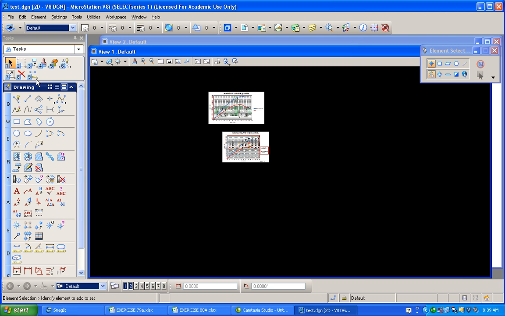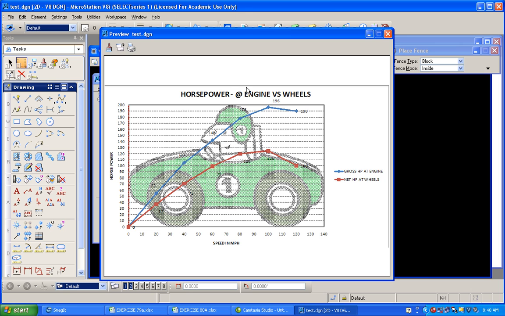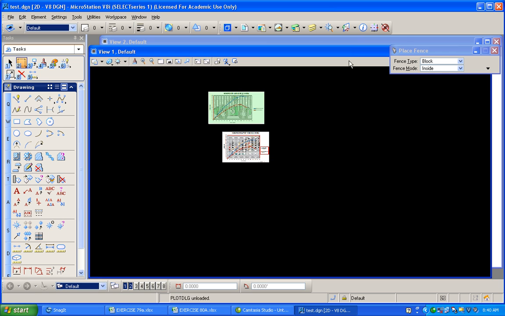There's the drawing. To print that out, I would just put a fence around the area that I want to print. Do a Control P. There it is. It says fence here. You're just going to print this out. And you notice we don't have a name on these things, so let me go back, and you can see here that that's what you'd end up with. The lettering and everything, it's just the graphic that gets a little grainy in the background. Let's go back to the Microsoft